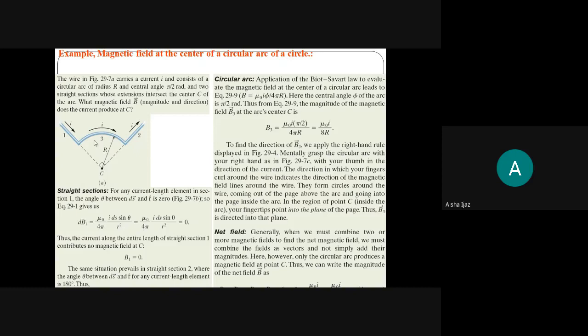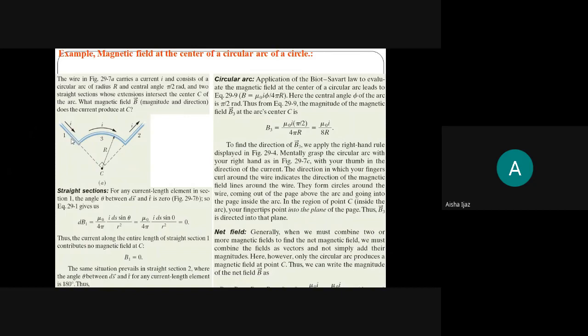But for the third part, first of all, for the direction, how can you take the direction? Just take the patch here. ds direction is tangent and r direction is towards the point, because r direction is always towards the point C. So the rotation is clockwise, and you can see the direction will be into the plane. Into the plane, negative, clockwise, whatever, you can just read it. It's written in detail. The direction of B is into the plane.